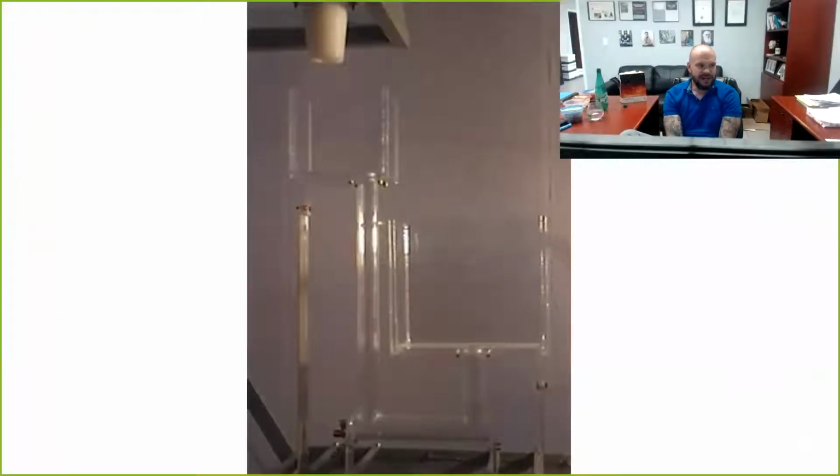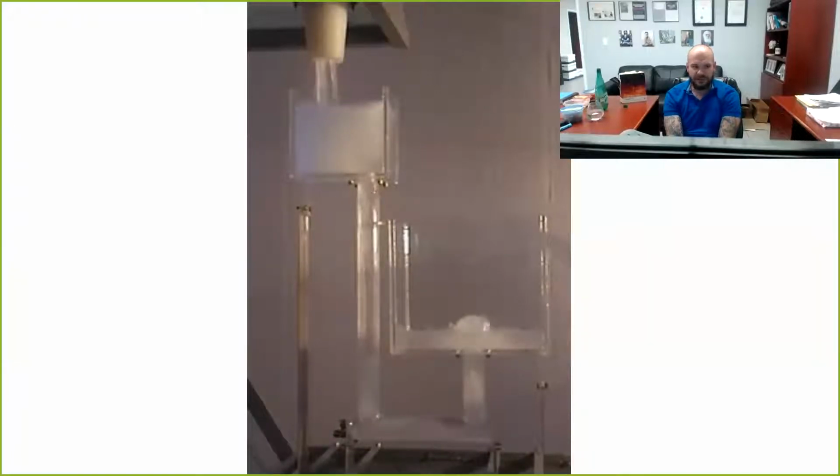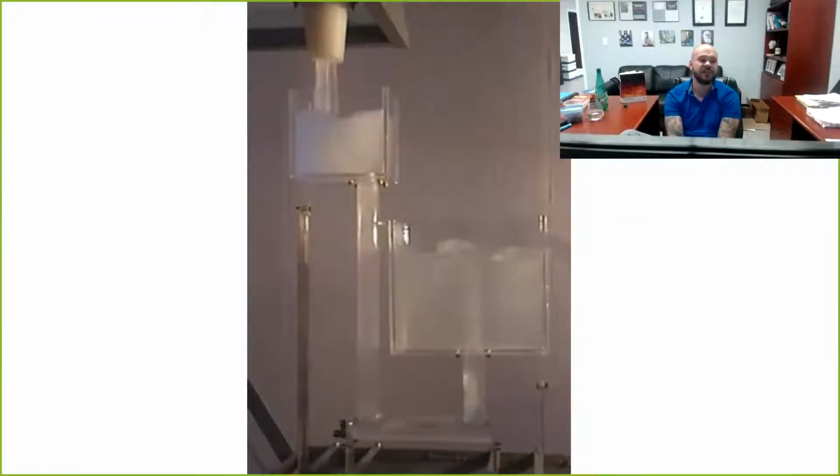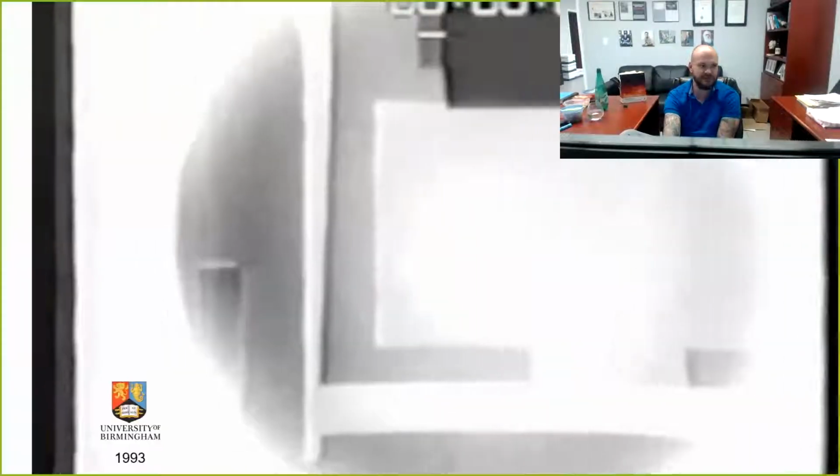Here's some work that was done in Canada, doing some water modeling, showing virtually the identical thing. Water modeling is great because the kinematic viscosity of water at room temperature is near identical to our engineering alloys at their pouring temperatures. And what we're showing here is essentially what we would call our discharge coefficient. So of the material being poured, how much entering the casting cavity is air versus metal.